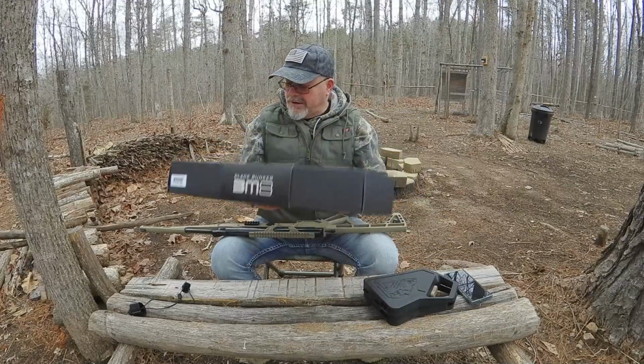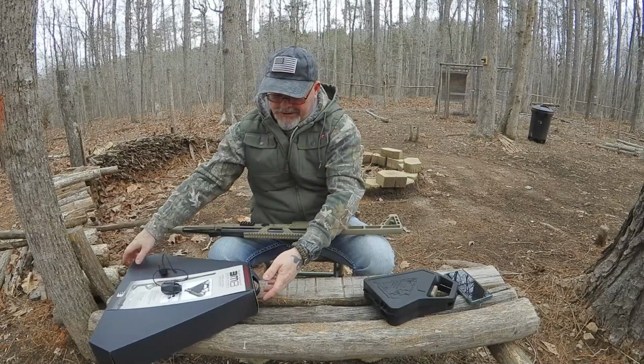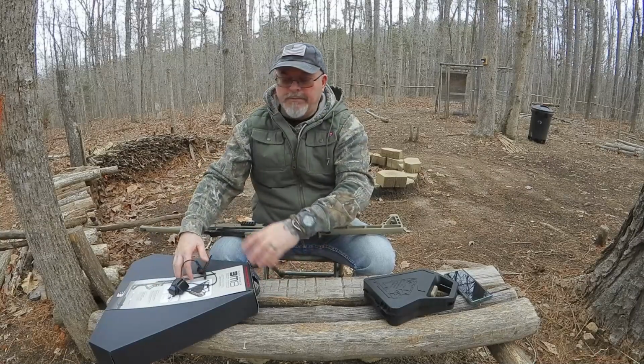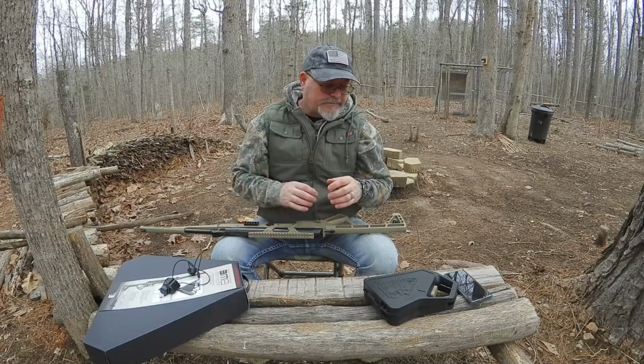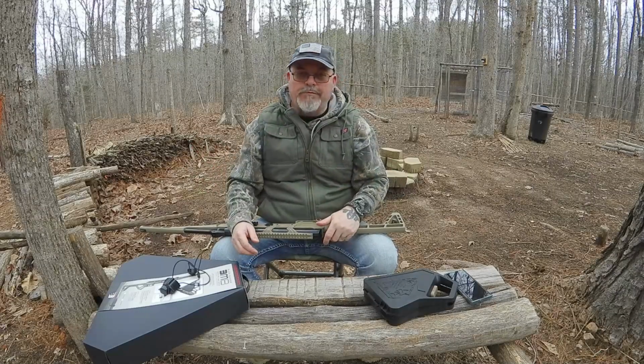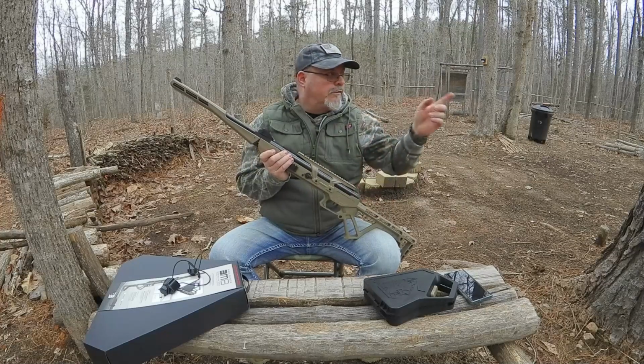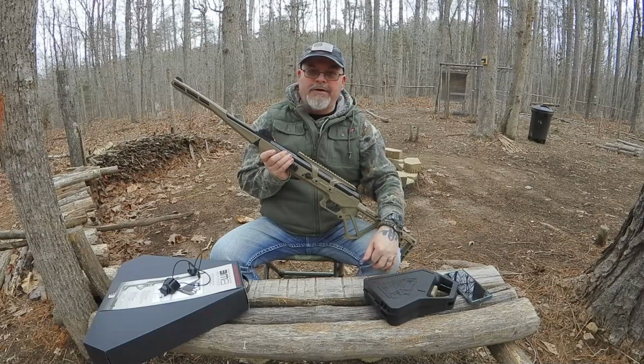So I wanted to kind of talk about that as well, and show you guys that they do have this really nice case that is padded. It's very well padded on the inside, and that's kind of a nice thing to be able to store this gun. If you don't want to keep it in the open form, you want to keep it broke down, you can do that. So, but let's get over to the shooting area here,